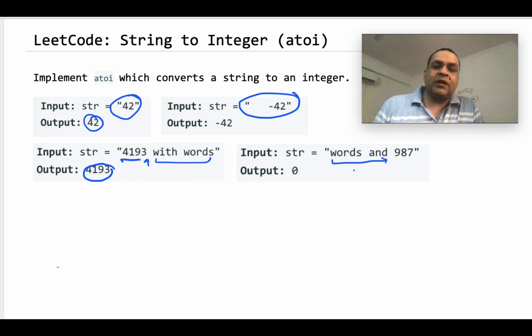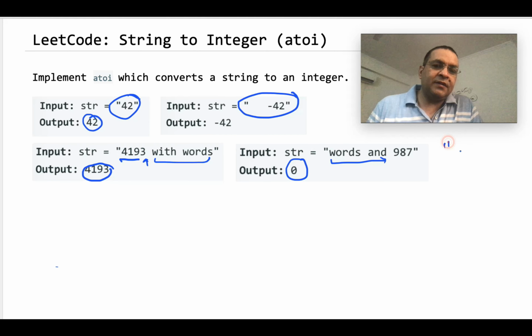Similarly, if the string does not have an integer in the beginning, or if it is not something which can be converted to a valid integer, then we should return 0 in all those cases. So for example, let's say we have a string that contains only minus. It doesn't make sense, so we should be returning 0. Or we have a string which has only spaces. Then also we should be returning 0. So in all the cases where a number cannot be formed, we should be returning 0.